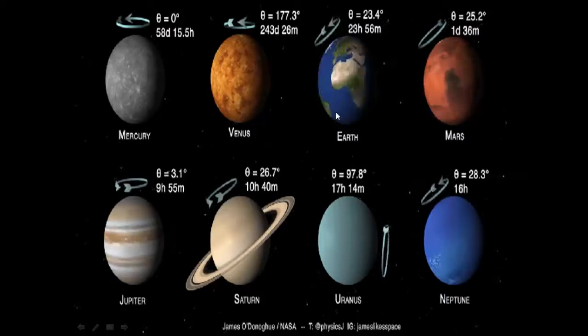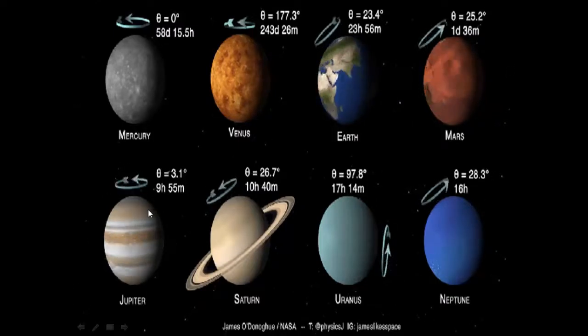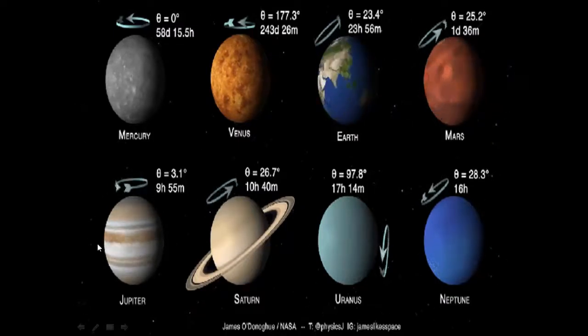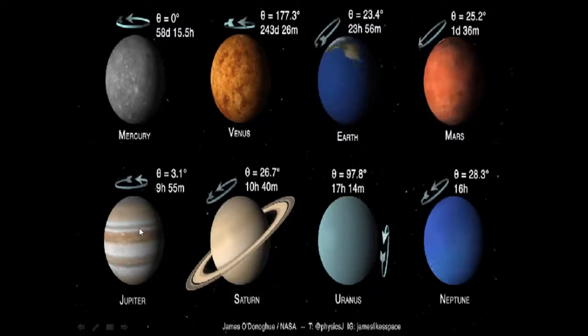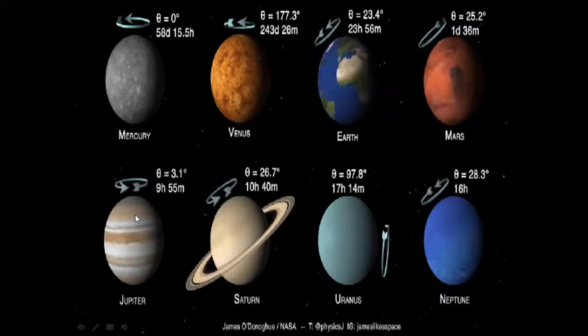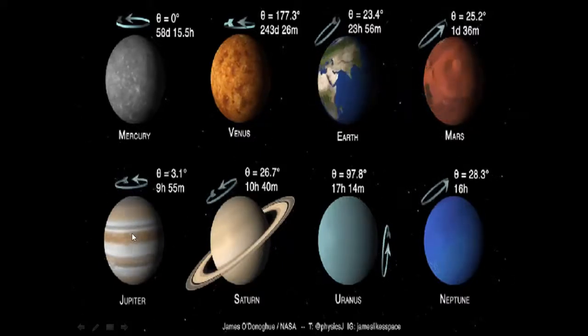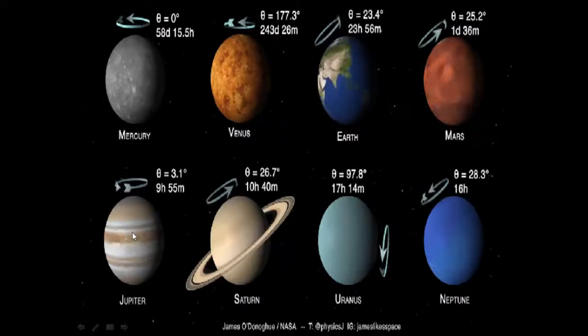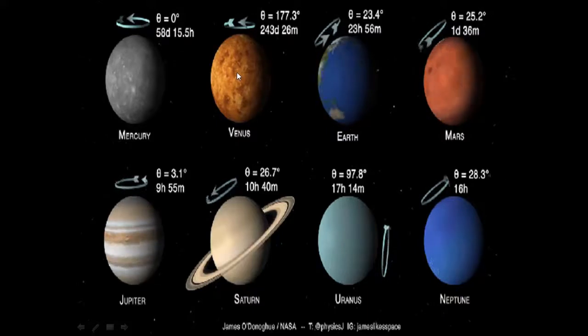And the fastest rotation, as you can see from this diagram, is by Jupiter, the largest planet of our solar system. It is taking only 10 hours to rotate around its own axis. We take 24 hours to rotate around our own axis. So this is the least amount of time taken by any planet. Fastest rotation wins. The fastest rotation is by Jupiter and the slowest rotation is by Venus.